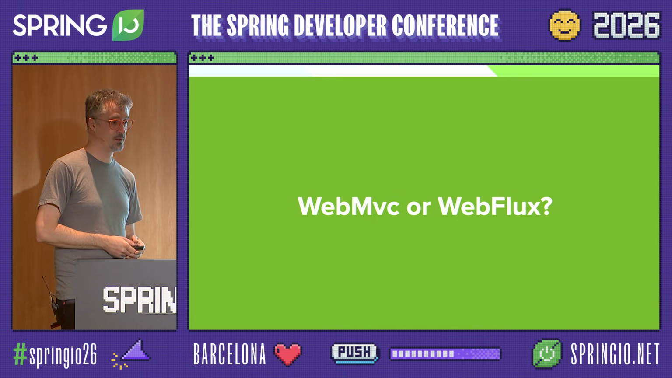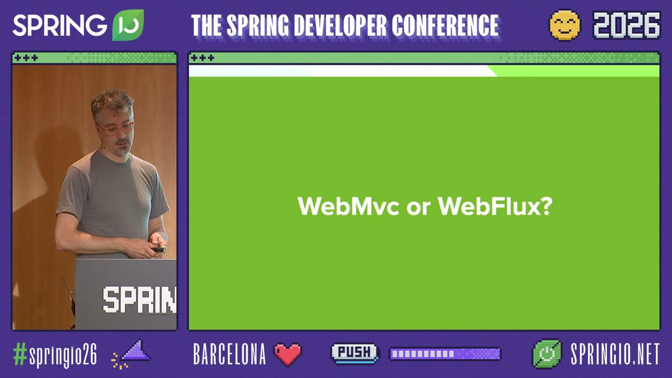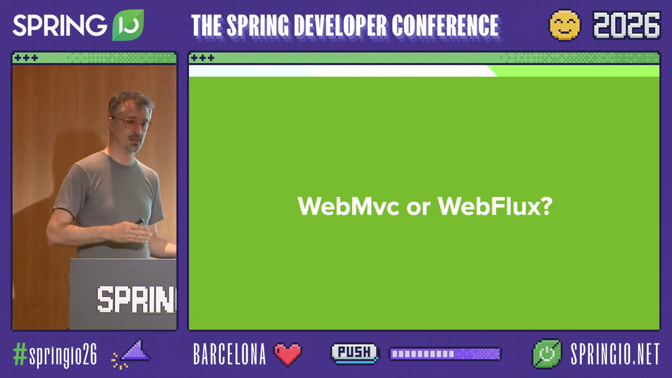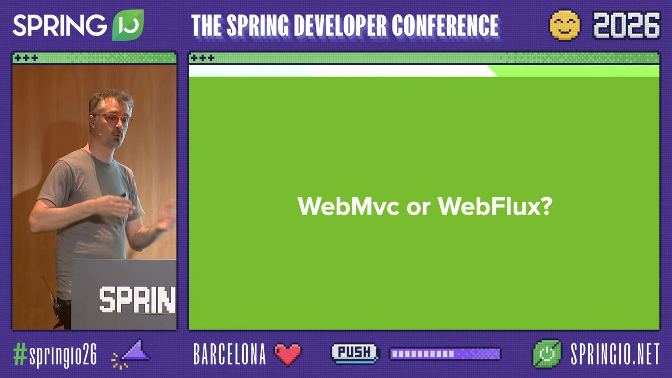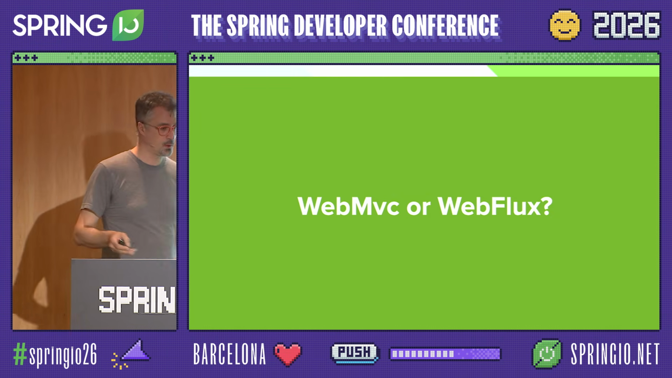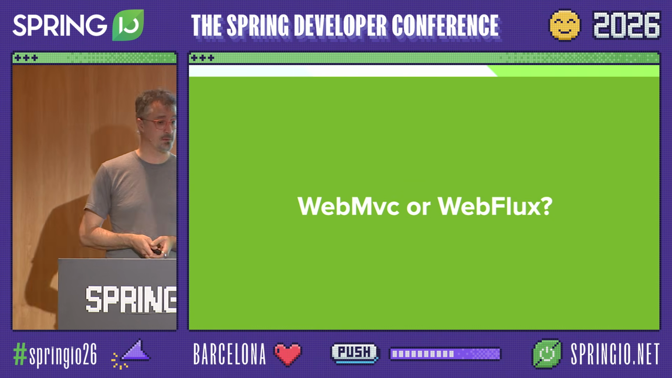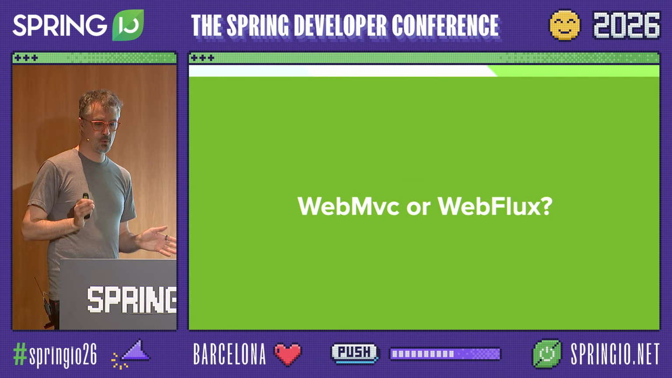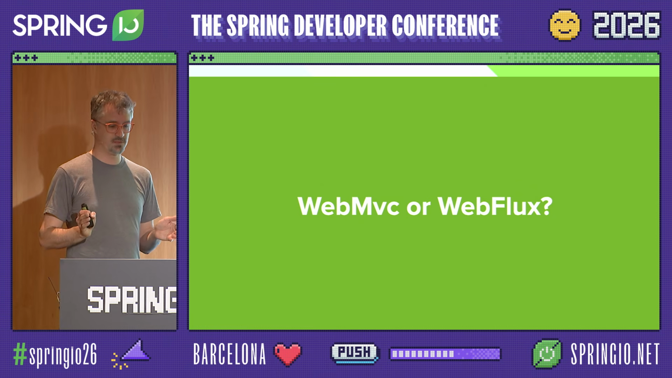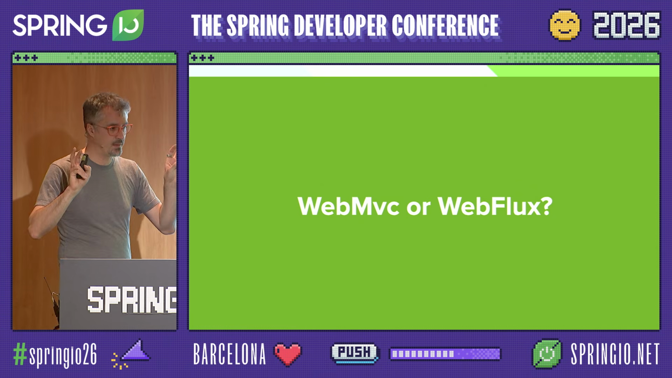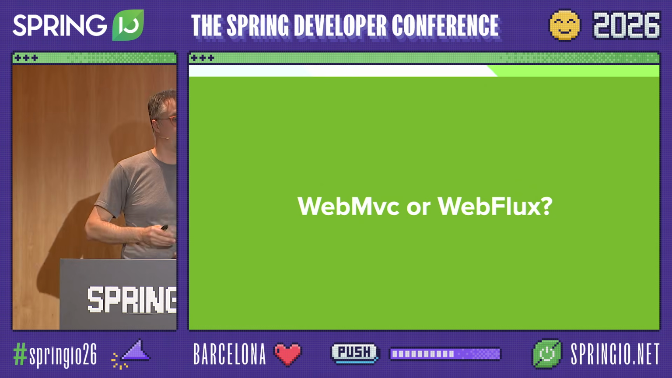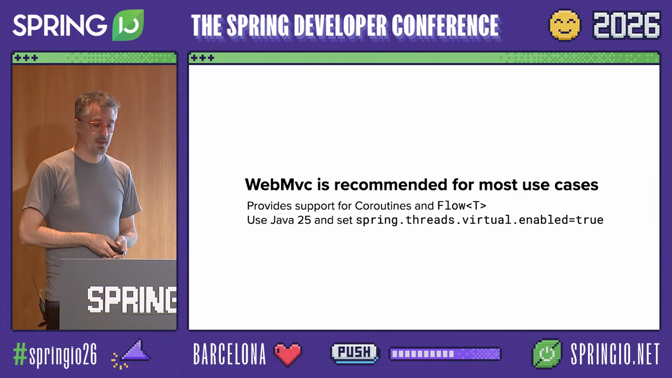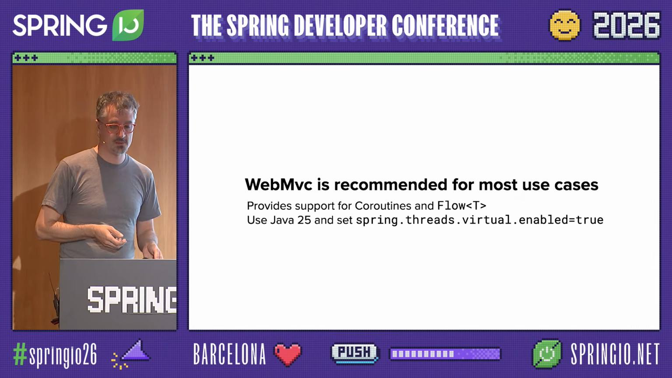WebMVC or WebFlux. I usually get this question. It's especially popular in Kotlin because a lot of people think that with coroutines you have to use WebFlux, etc. And also the ecosystem is evolving with virtual threads. So I think that's an interesting question. And I'm going to try to provide some default guidelines, some golden path that should be good for most of you. Of course, feel free to choose another thing, but I think these days WebMVC is recommended for most